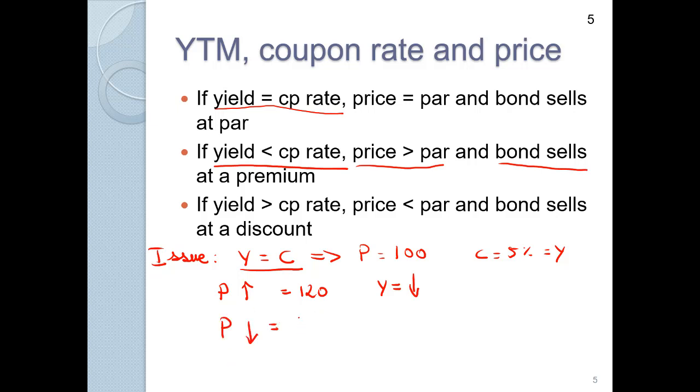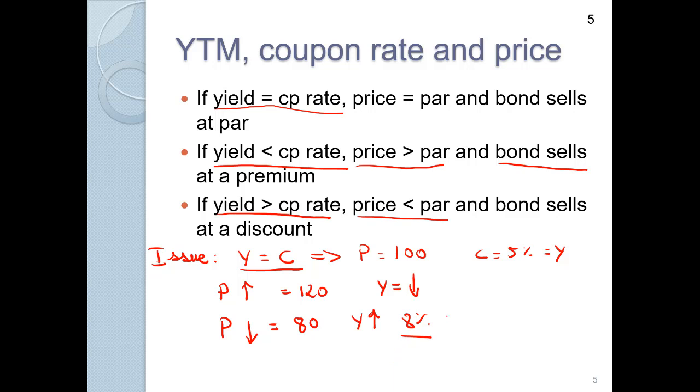So the price now is, let's say, at 80, hence the yield went up, say, to 8%. And then in this case, the yield is going to be higher than the coupon. The price is now going to be lower than par, and we say that the bond is selling at a discount. In this case, one of the things that you have to think about, say, when it goes down to 8%, is, let's say, the company wants to